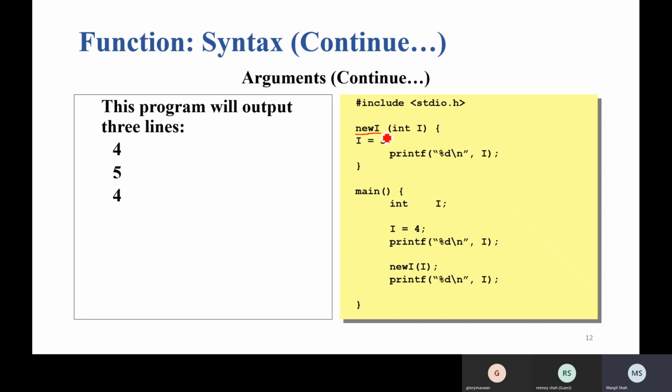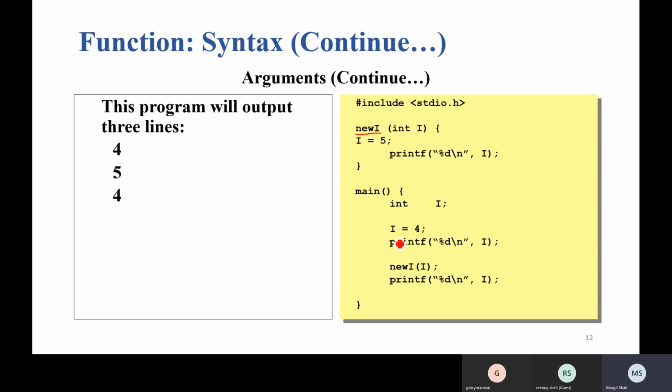This is the name of the function. What is the argument list? That is integer I. What is the return type of this function? We haven't used anything as a return type of this function. That means the function may return integer. One more thing, we already said that even though the return type of the function is integer, there is no need to return the value, right? So here the variable I equal to 5, printf I.